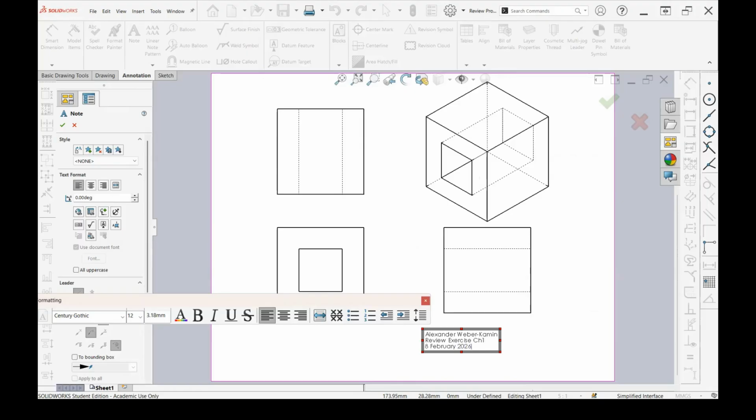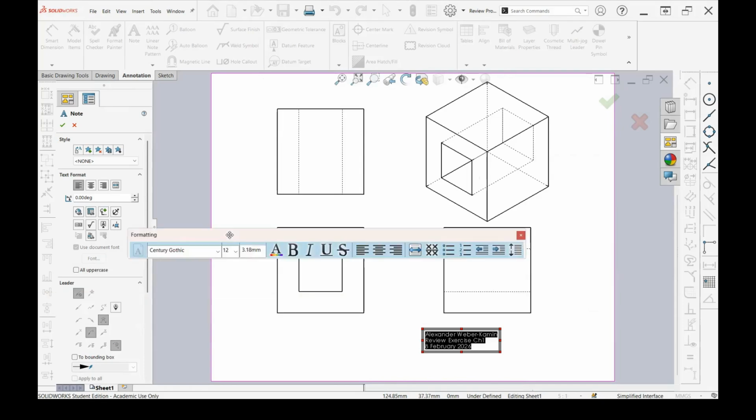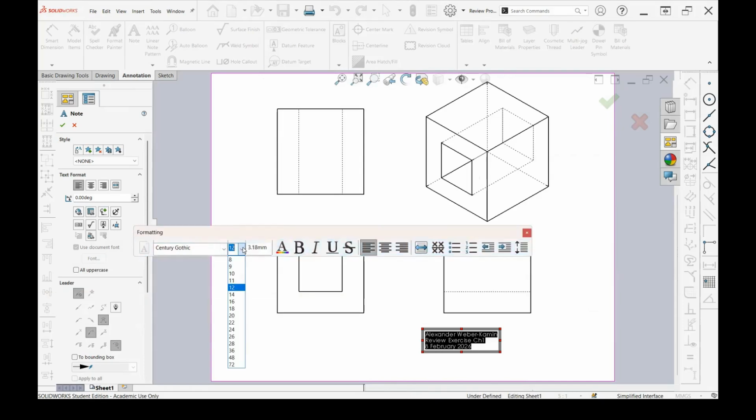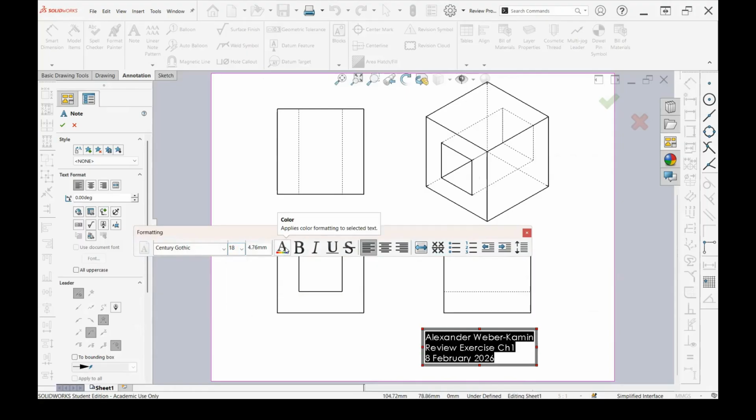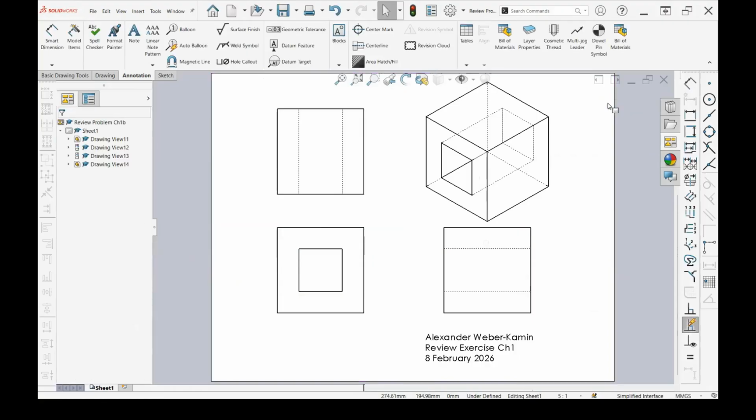Swear I do know how to spell. And then we're going to select all that, and then you can see under formatting, we've got various different options that we can select, such as font size, if we want it to be a different color, bold, etc. And we're going to say OK. I'm going to move that a little bit over.